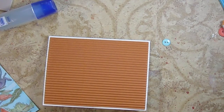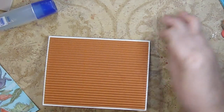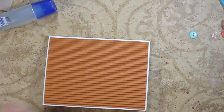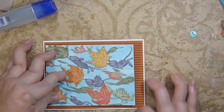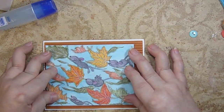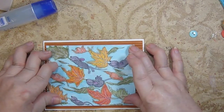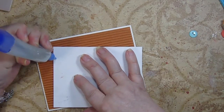Okay. I was going to put buttons and ribbon down, but I don't know. Let me show you what it looks like. I was going to offset it and then do something right in here. What do you think about that? Everybody want to vote? The voting is open. I think I'm going to wet glue this down,